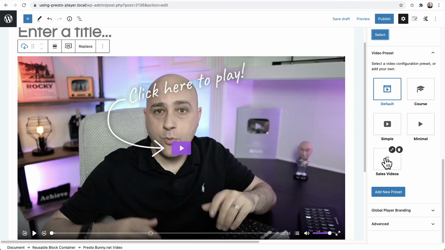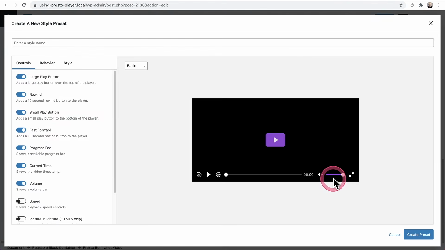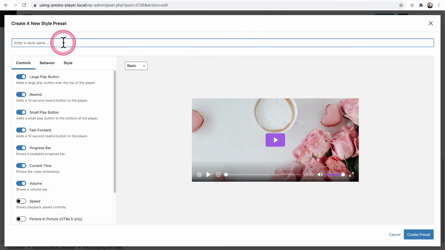Now what happens is you create the preset and then you link it to a video. And so say you had 100 videos linked to a set of presets. Well, you can go and change the preset settings and it will change on all 100 videos. So it's very easy to manage. I'll click on add new preset, and first thing we do is give it a name. So I've given it a name right here, and then we have these 3 tabs, and then we have a